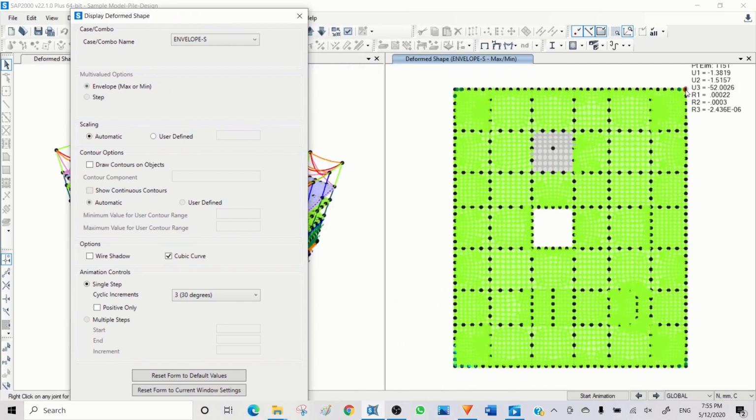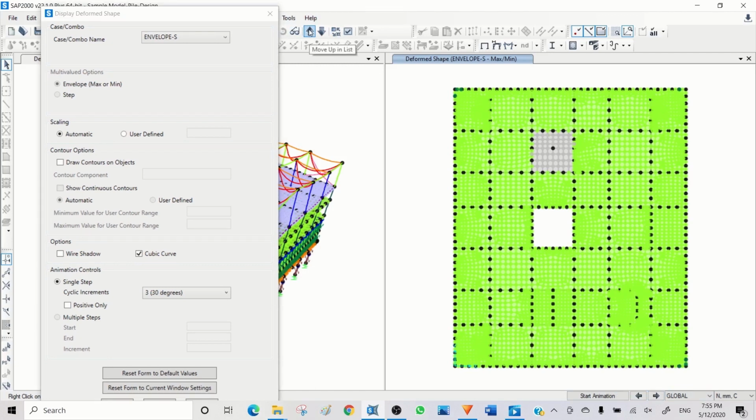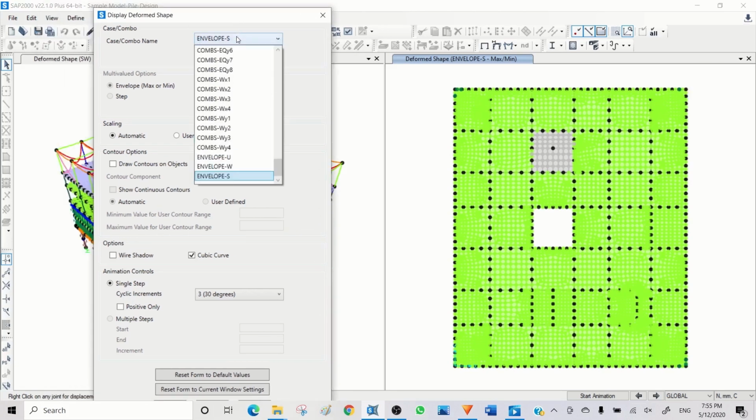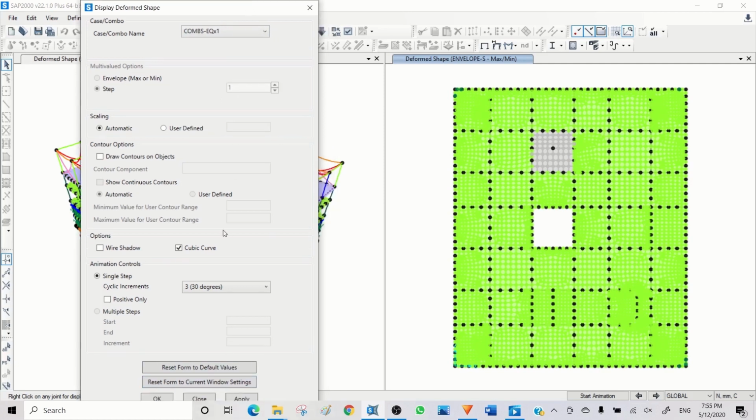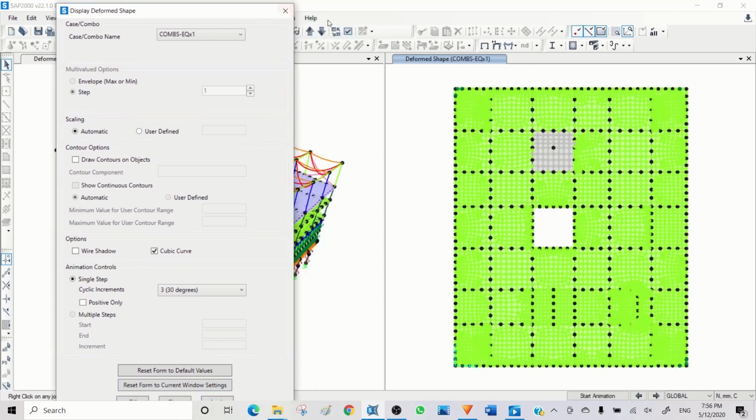So here we have just 1 millimeter movement. It gives you the maximum and minimum, so you need to see which one governs. If I go to upper levels, I can see the maximum displacement, but it doesn't give you any pattern or any indication. It just shows you the maximum. So if I want to check something like a pattern, I can go to, for example, Compass EQX1, and apply this. Then coming to the first level,